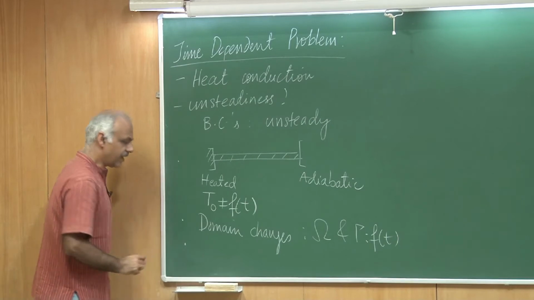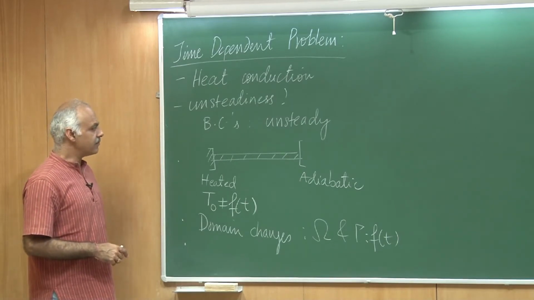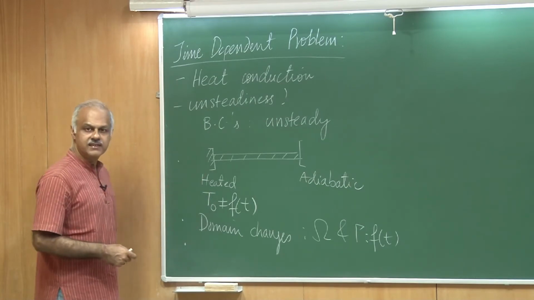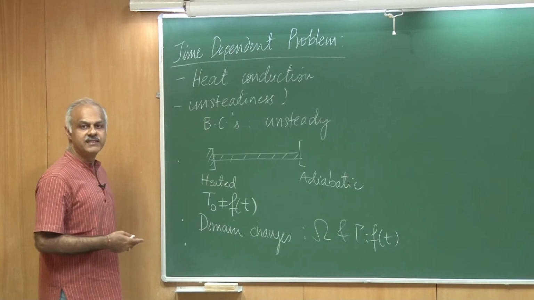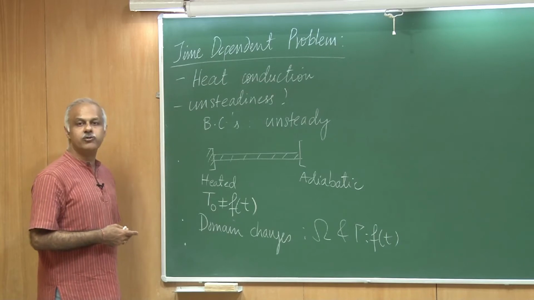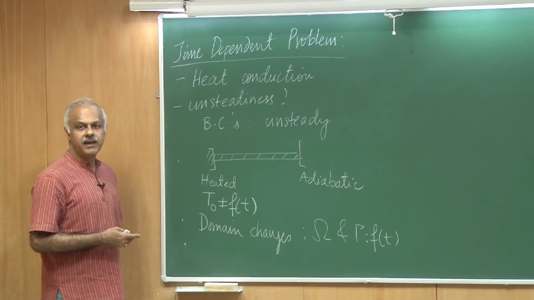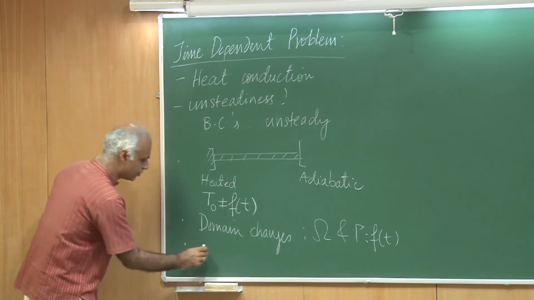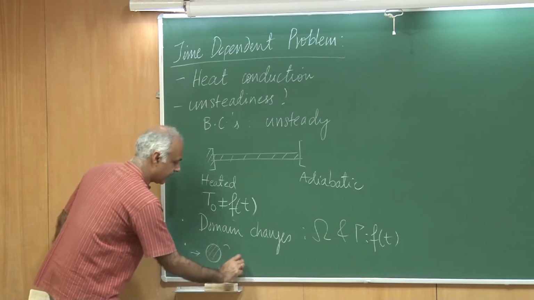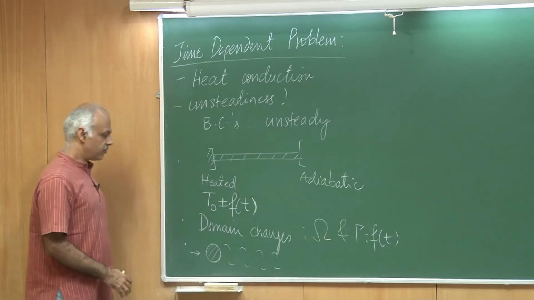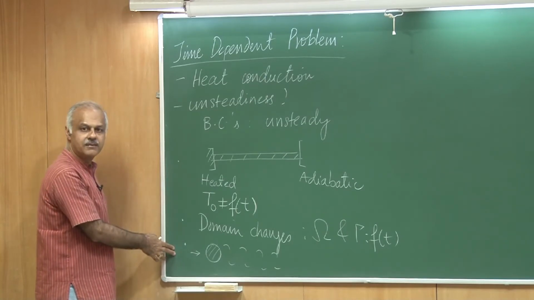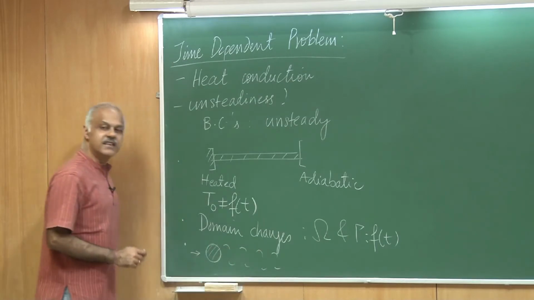Of course you could have another possibility where the boundary conditions do not change, the domain does not change, but the phenomena is itself intrinsically unsteady. And you very well know such things happen very often in fluid mechanics. For example, vortex shedding past a cylinder. So I could have a situation where I have a uniform flow past a circular cylinder, and then I could get vortex shedding. So here the domain is not changing with time, the boundary conditions are not changing with time, and yet there is an unsteadiness.